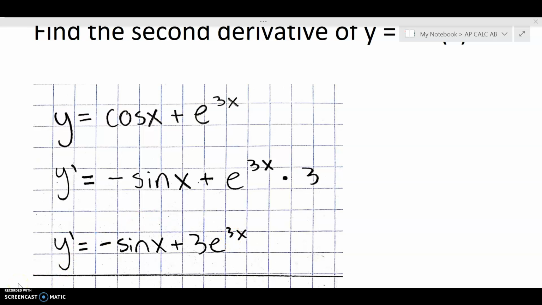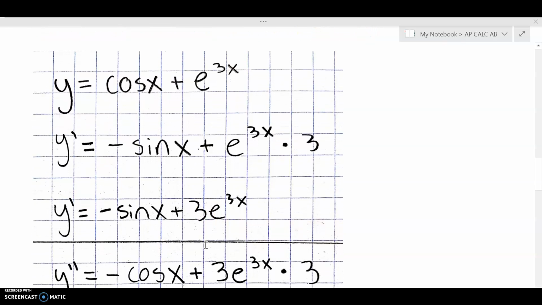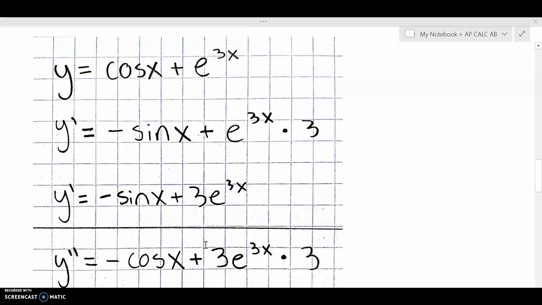Okay, so now that we have our answer here, we're not done yet. We found the first derivative, so in order to find the second derivative, we have to find the derivative of this function, right? Okay, so all we have to do is find the derivative of this. So let's start doing that. Okay, so the derivative of negative sine x is negative cosine x